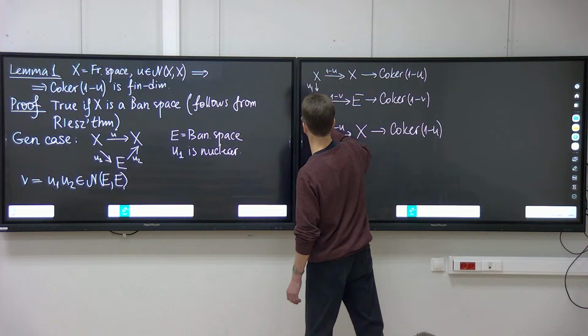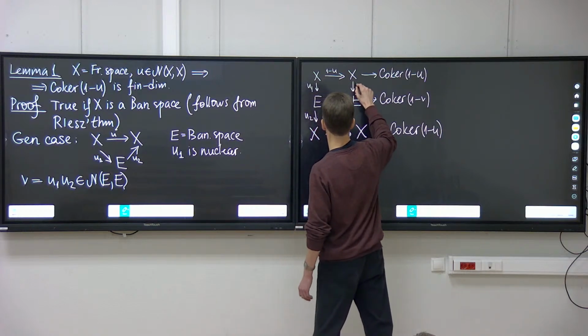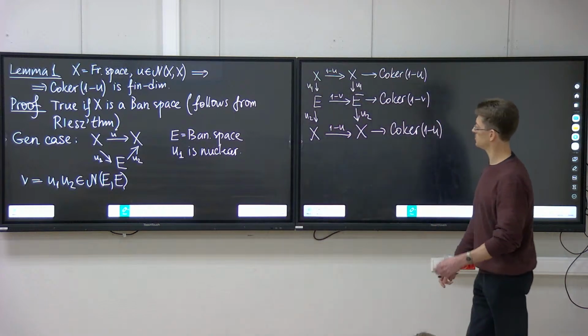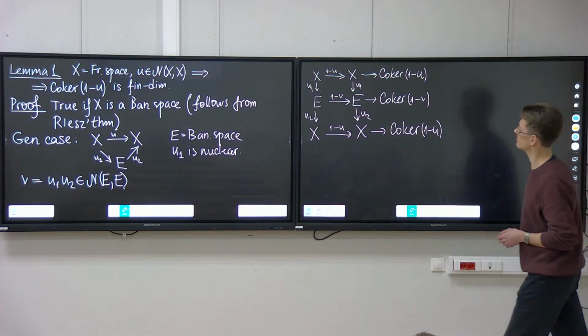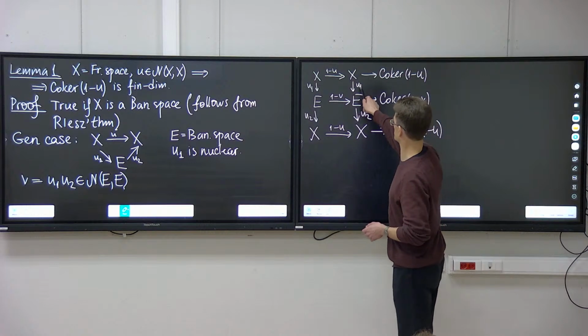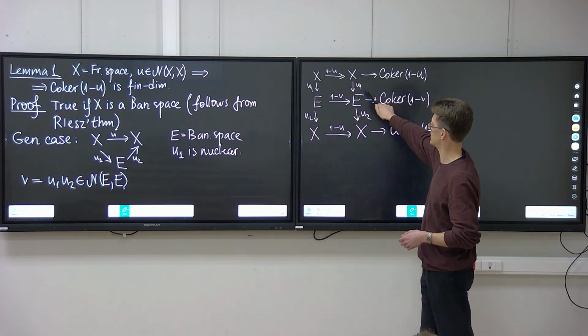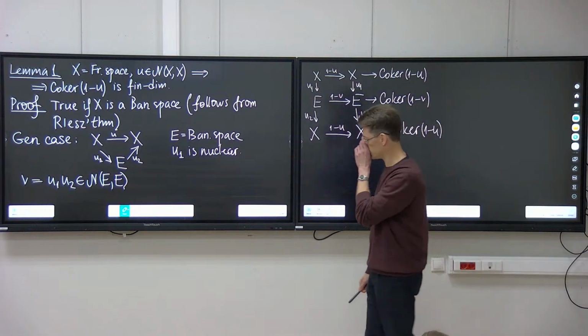And it's immediate to check that the diagram commutes. So, for example, the composition of these two arrows is U1 minus U1